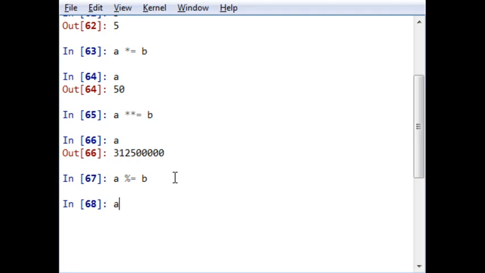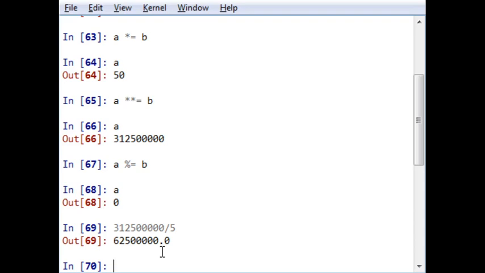It would be a is equal to 0. Why? Because 0 is the remainder. The operation performed is 3125000 divided by 5. The quotient is 625,000 something. The remainder will be 0.